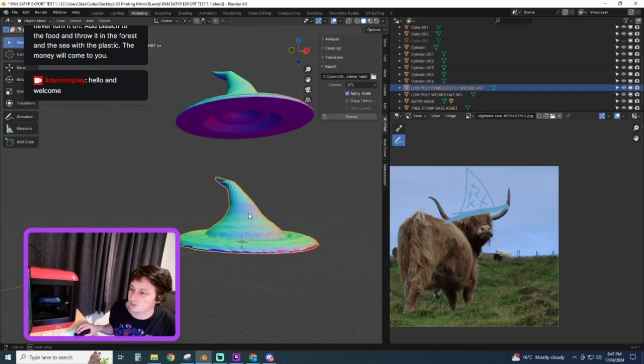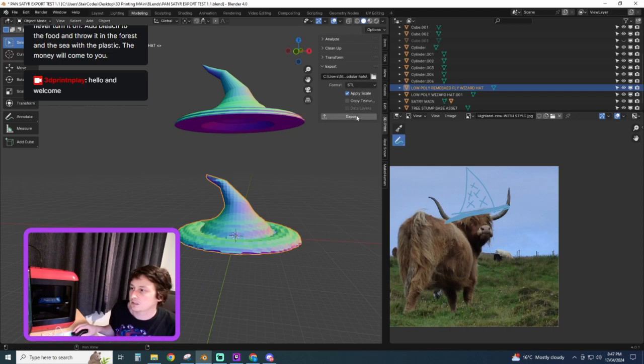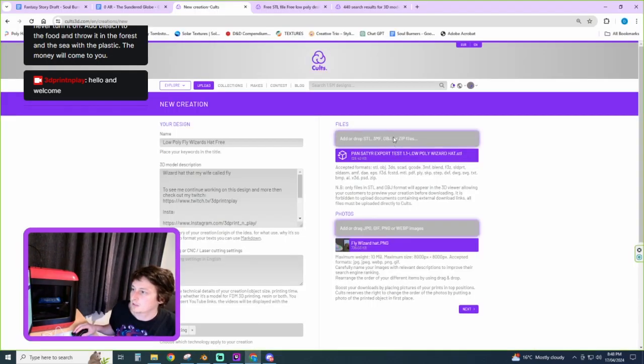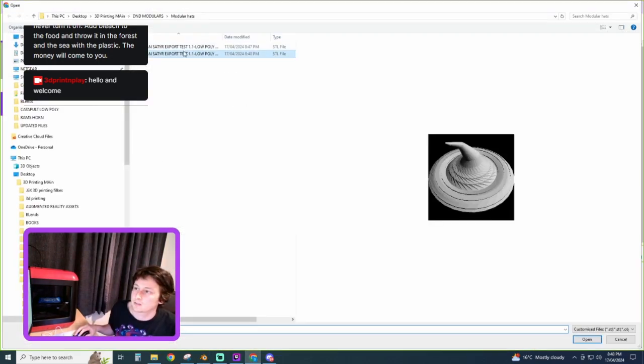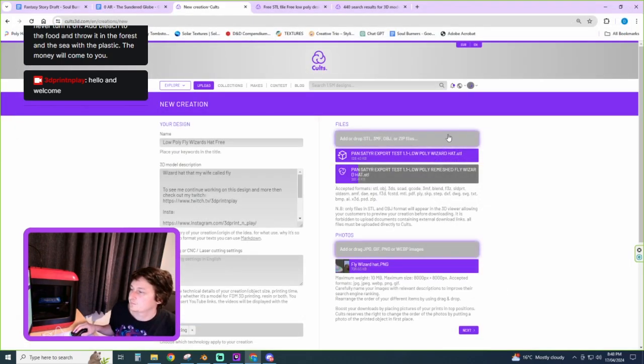So again, out of sculpt mode, that was quick. And then we're going to export that there, and then I'm going to go back to my COTS. I'm going to add another file that is the remesh one, which you can see is about twice the size. So look,